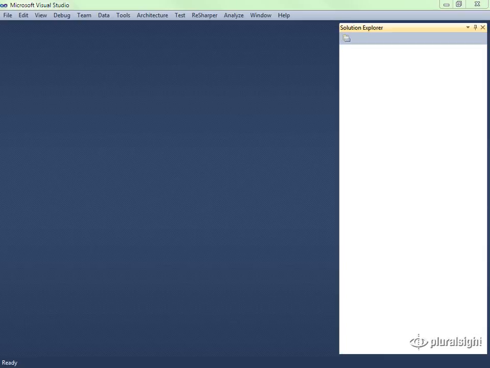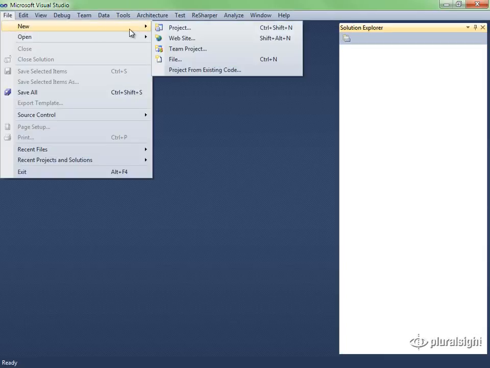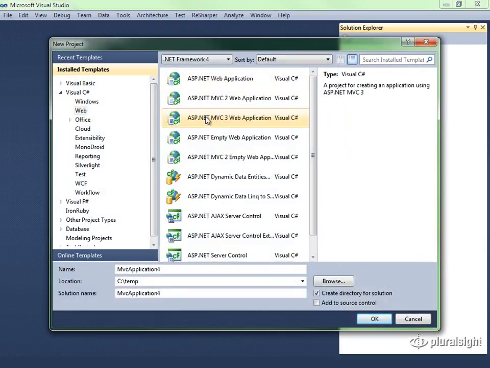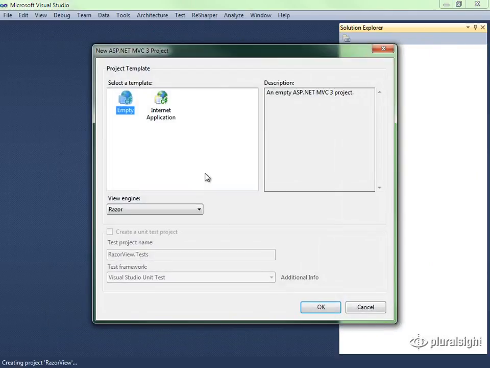Let's turn our attention to Visual Studio 2010, where I'm going to create a new project, and I'm going to select an ASP.NET MVC3 web application. Razor becomes available with MVC version 3. We'll call this project Razor View, and we'll have this dialog that will allow us to pick if we want